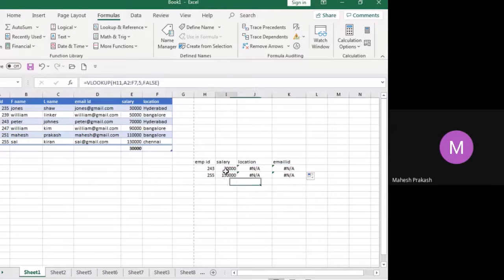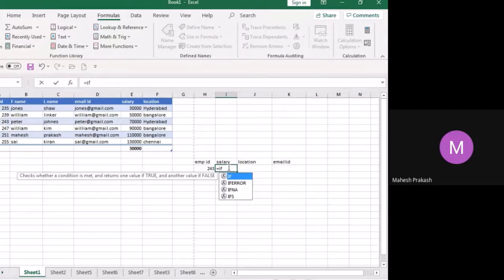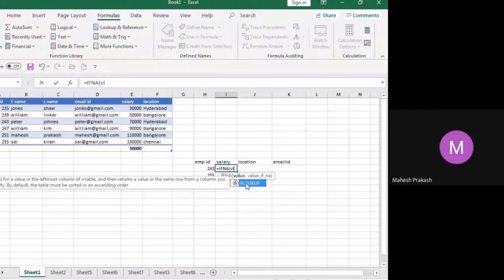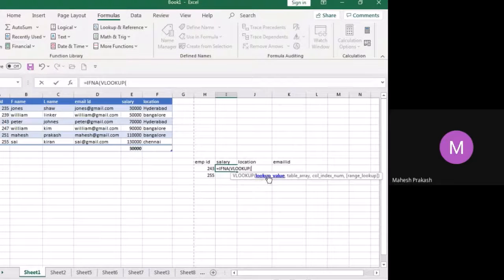So at that time, what you can do is you can work with IFNA. I'll delete this. Okay. So equal to IFNA. What is our value? Value would be our VLOOKUP completely. VLOOKUP, lookup value. Lookup value is